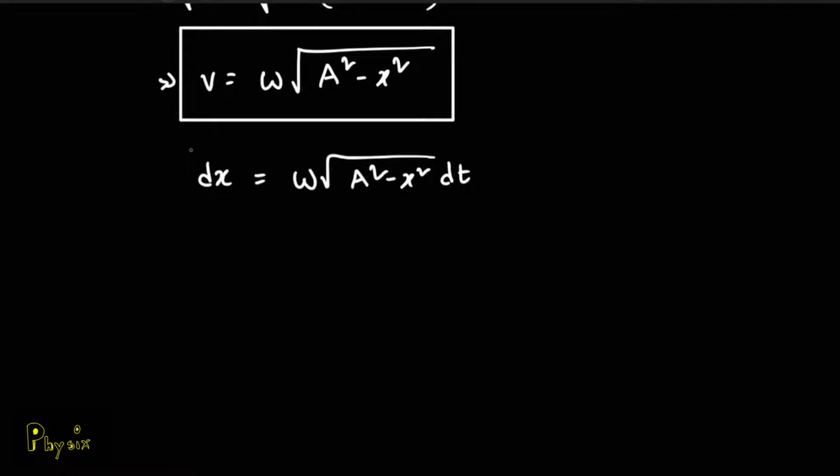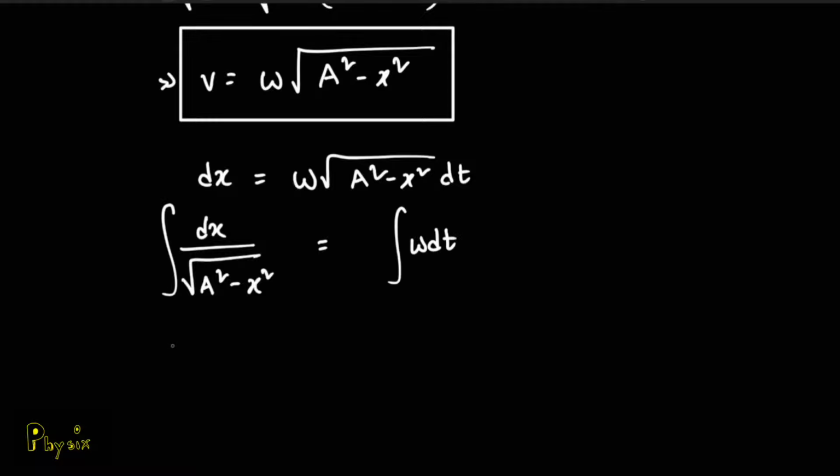Then we integrate both sides, but integration would be easier if we took this term containing x to the left side. So we have dx over the root of a squared minus x squared equals omega dt. By integrating both sides, we are left with sine inverse of x over a on this side,